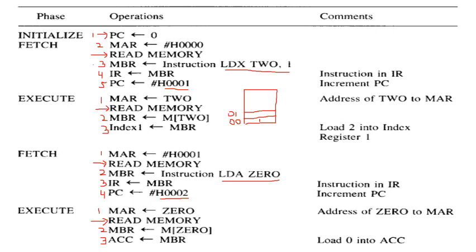So it is step number 3: whenever a memory read operation is performed, the instruction from the memory will be copied or moved to the memory buffer register. In step number 4, this instruction will be transferred from the memory buffer register to the instruction register. And in step number 5, PC will be incremented by 1. The previous value of PC was 0, and now after the increment, PC will be given a new value, that is 0001H.